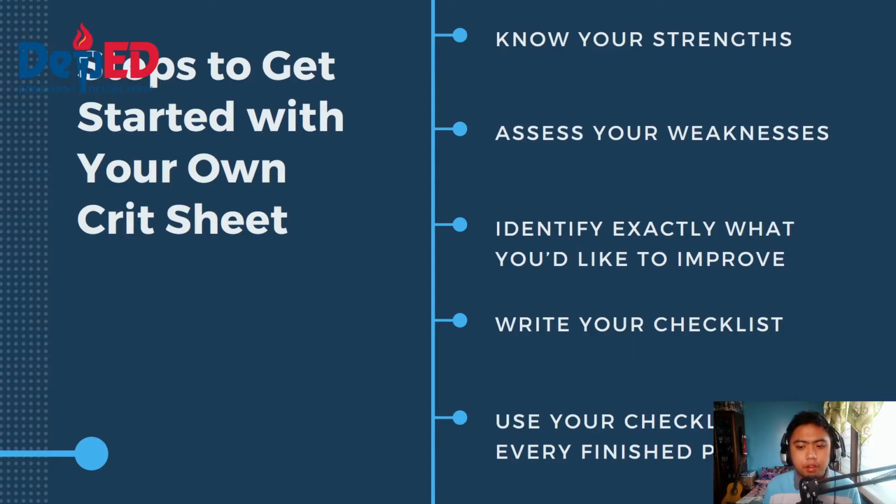Okay, one by one you would be improving them, and once you are finished, use your checklist with every finished piece. So whenever you're doing something, you look at your checklist and see, oh, did I improve on my skills with regards with drawing eyes or with mouth, and so forth. Okay,